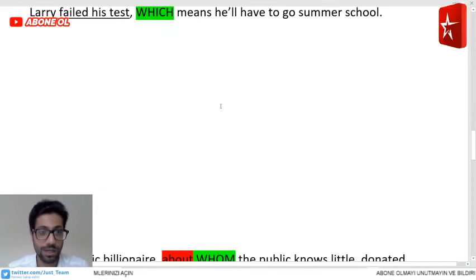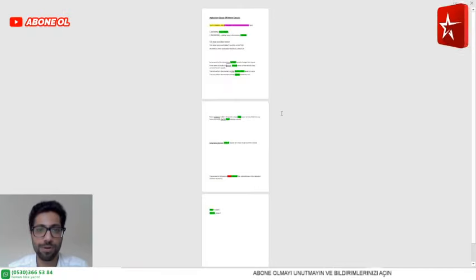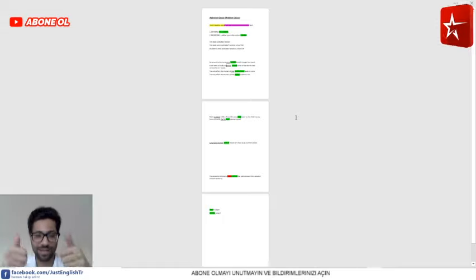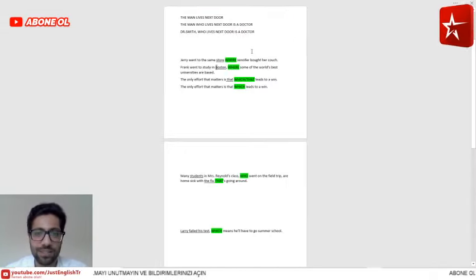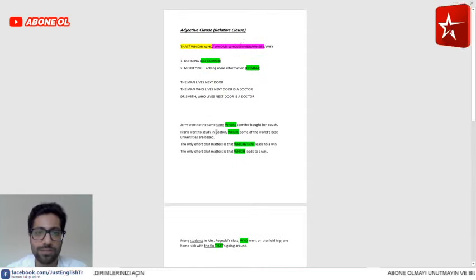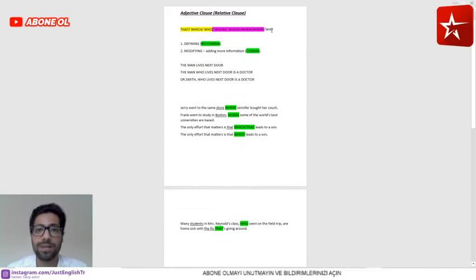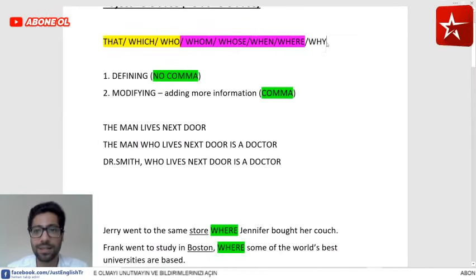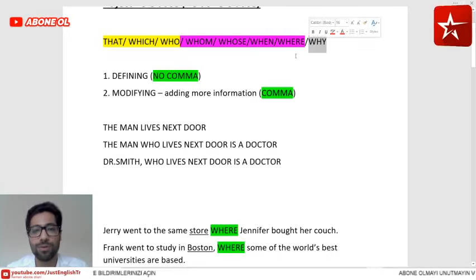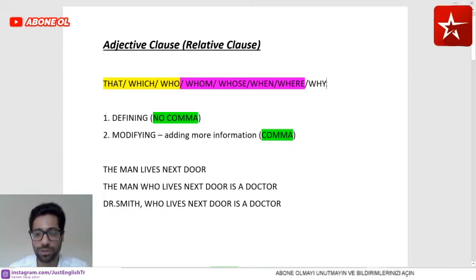Okay, so this is pretty much all of what we discussed today, from adjective clauses to relative clauses and the names of them. Why is not there with the relative clauses, and I will discuss it later, hopefully, if I've got time. It's grammatically wrong, that's why I'm not discussing it. However, we can use it sometimes. For example,